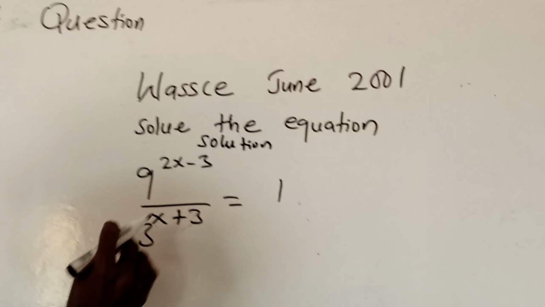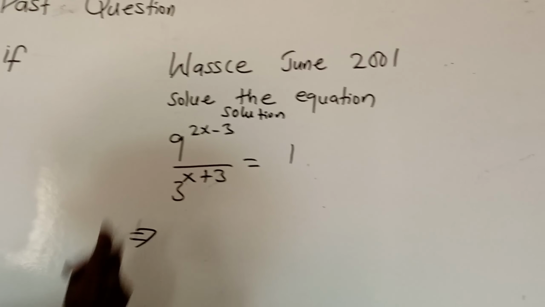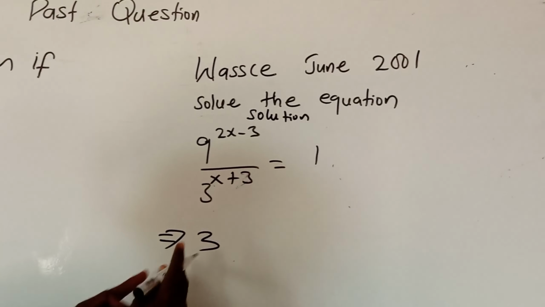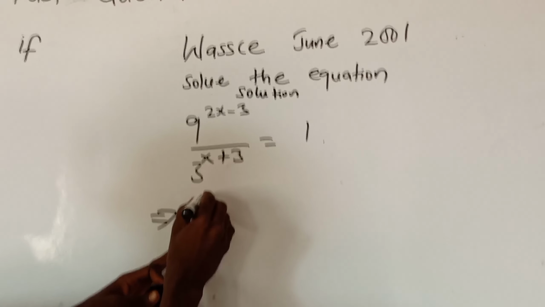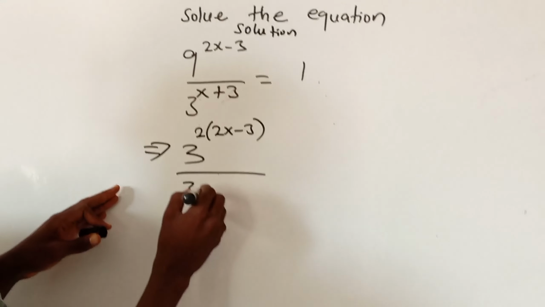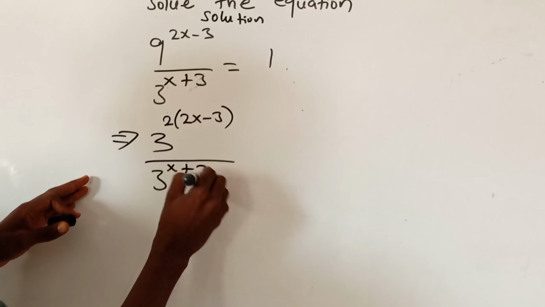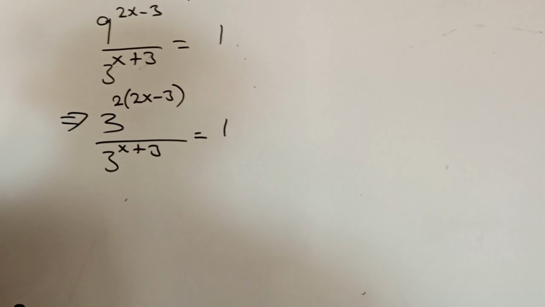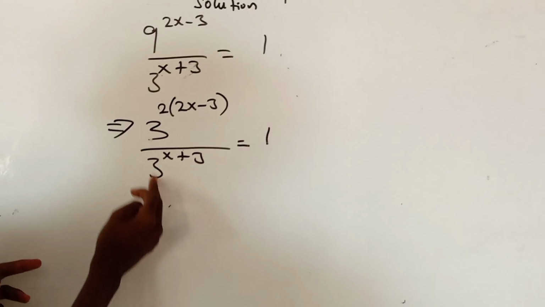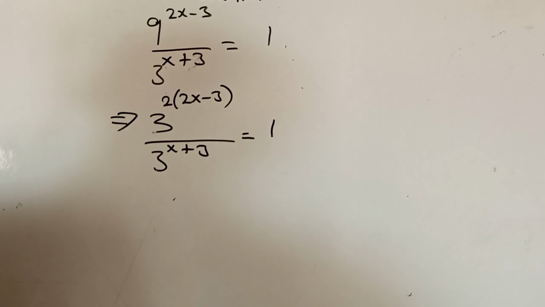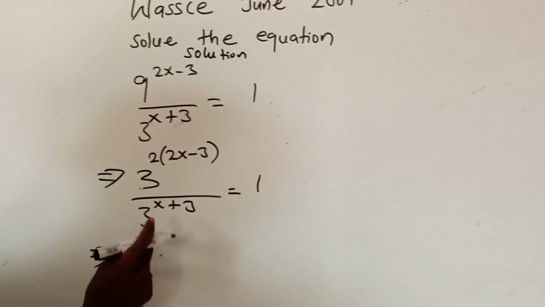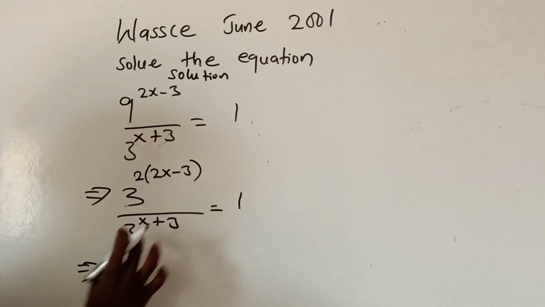In this case, let us express this 9 in index form. You can say 3 raised to the power 2, all raised to 2x minus 3, divided by 3 raised to the power x plus 3, equals 1. This one, they have the same base. But what you need to do here, just take one of the base, you subtract the powers, because this part of this question involves